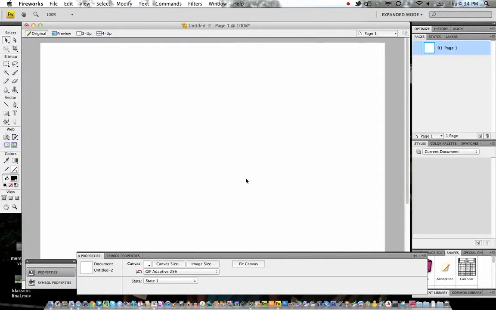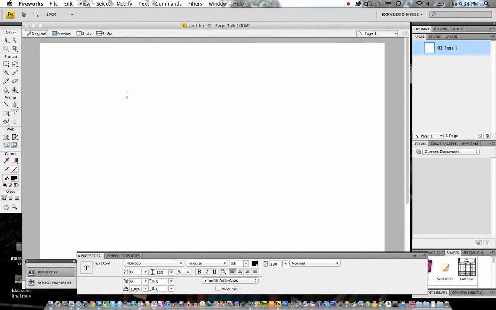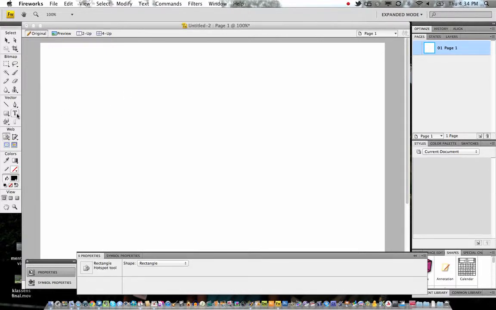Now that you're required to make a logo of your initials or your full name, you might want to know some extra things or magical things that Fireworks can do. And so I'm going to show you a few different things that it can do. One would be simply to make your text follow a path. So if I were to write out a name here using the text tool